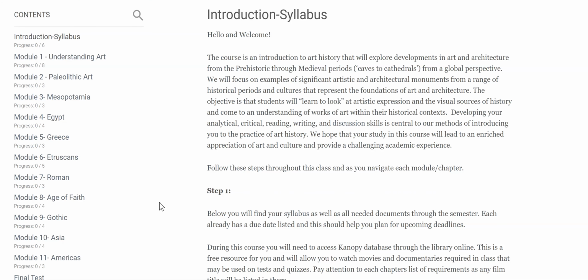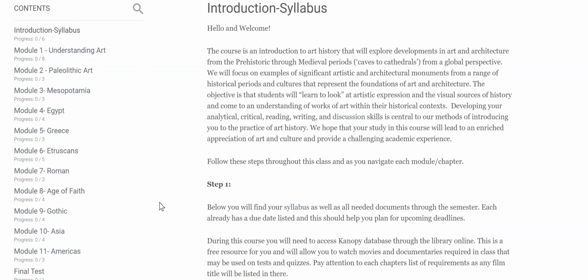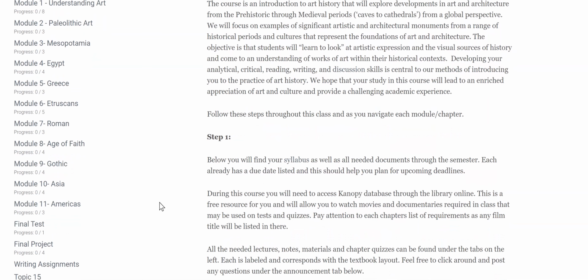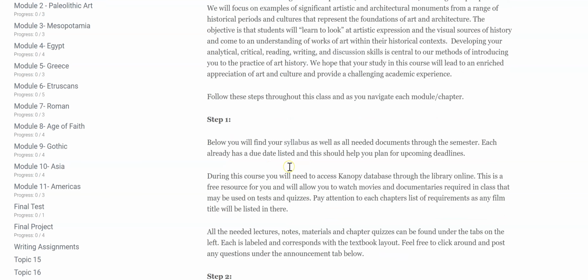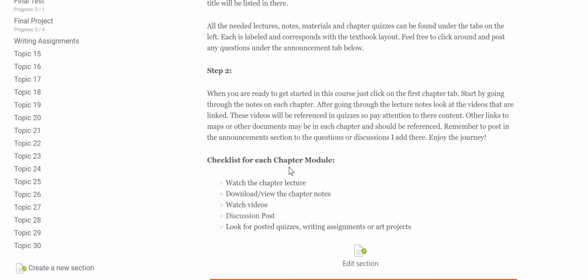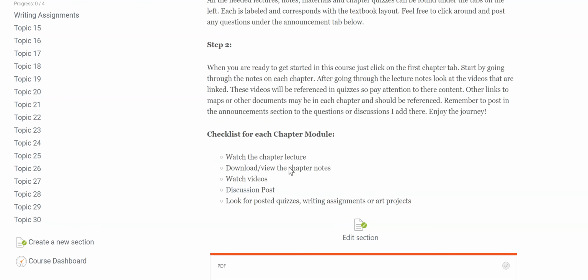And I tried to make this as self-explanatory as possible and give you a breakdown of everything, of what you always need to do in a checklist. I do use a lot of repetition so you get used to the same visuals again and again. But you definitely need to read through these steps, the information that's provided. I'm not going to spend the time to go through everything here, but please read through it because, for example,